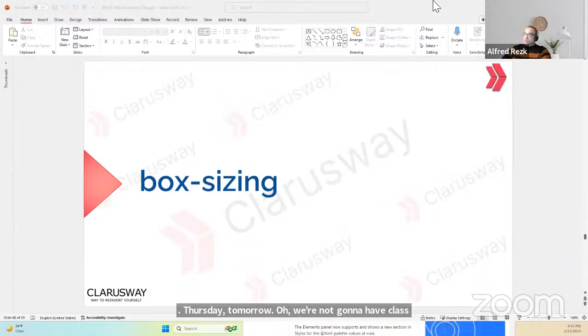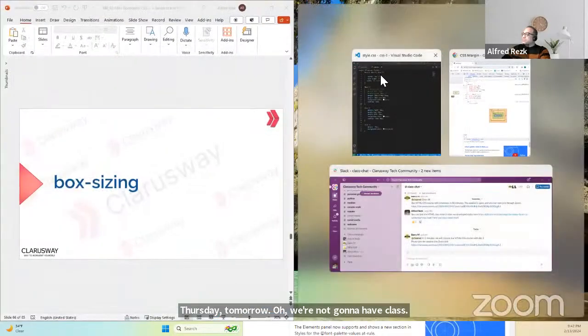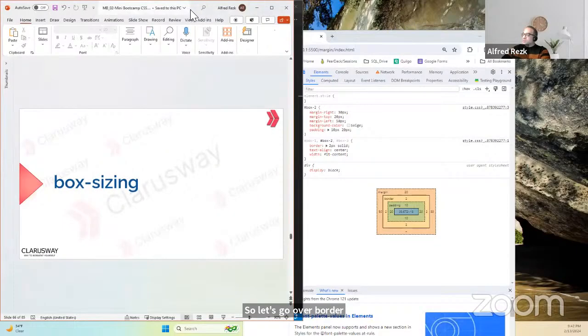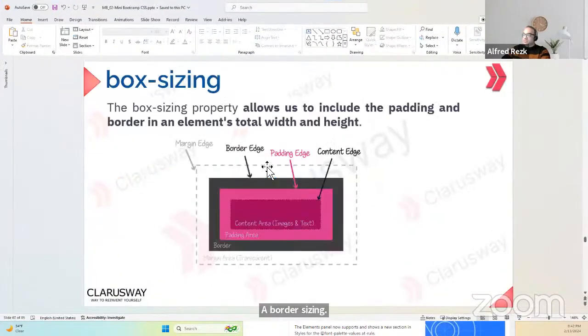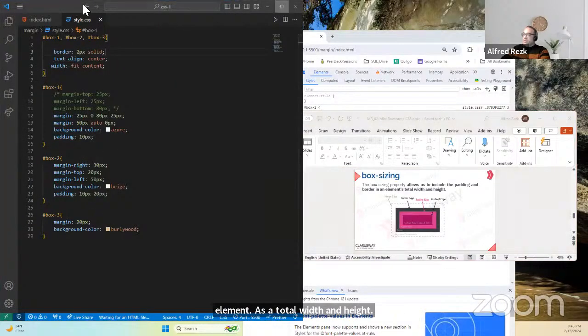So let's go over box sizing, how you can size the box. The box sizing property allows us to include the padding and the border in an element's total width and height. What's happening here? Let me